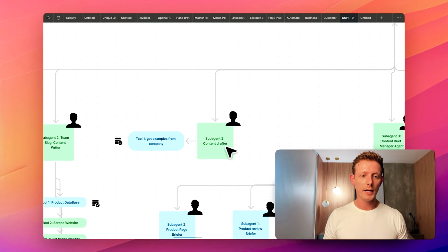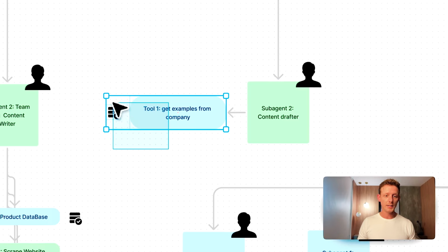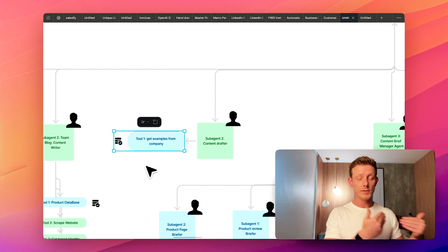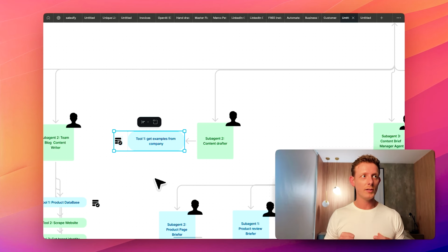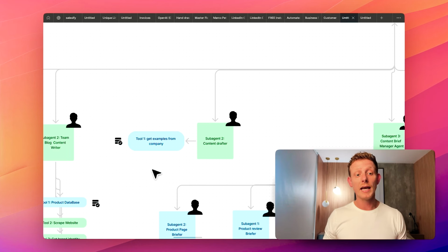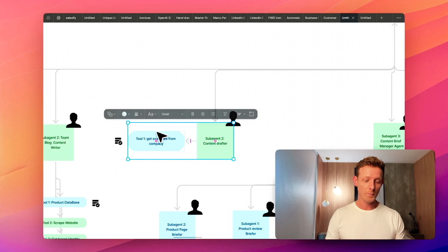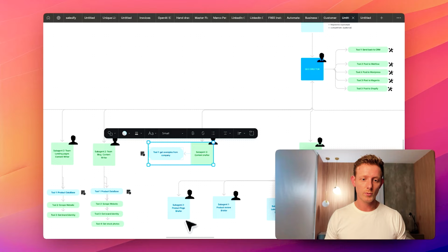Now, he's also equipped with a database with some blog examples of each of the different categories for each of the types of clients. Why? Because that's how it gets more context on the tone of voice, the brand, and some examples. As if you've worked with LLMs, you know, examples always improve the output, right? So you can get one or two examples from that company for that specific type of content to write a better content draft. So he writes the content draft, and then the last step is to write the finalized